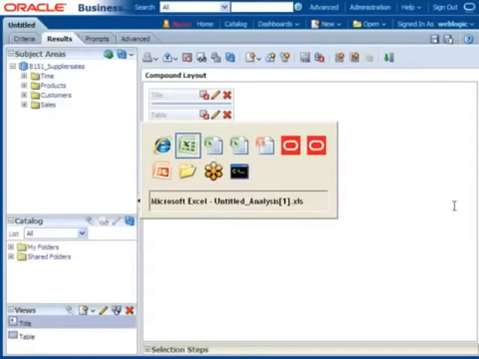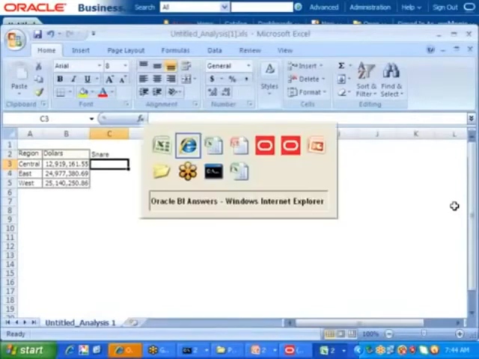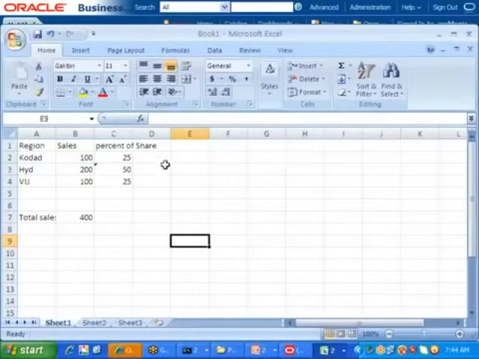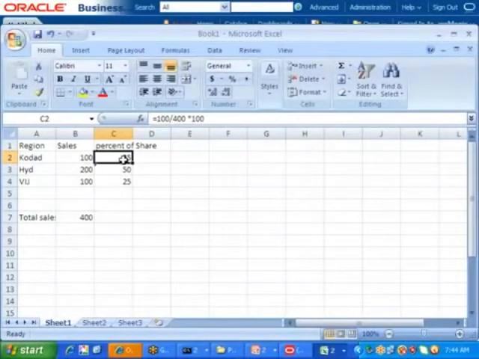Now you people guide me how to create that one. Here the problem is, did you observe or not, in the denominator I am always using one constant value. The constant is what, sir? 400 I am using. This 400 is nothing but my total revenue, right? Okay, how to calculate that 400? That is not my question.